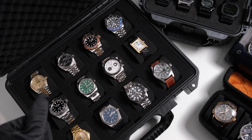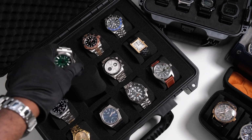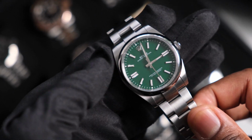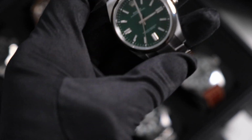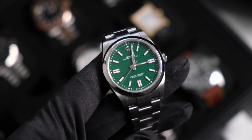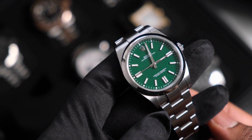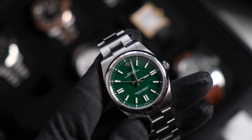So now, not the last but not the least, we have the latest addition to the collection, which is an OP. So this is a green OP. I really love this watch. I picked this up this month, December. So in line with the Christmas theme, I have that Rolex green. I really love this watch because I think, you know, more is less. It says a lot in terms of that Rolex green, and it's simple. It has no functionality. It's a simple Rolex time only with that